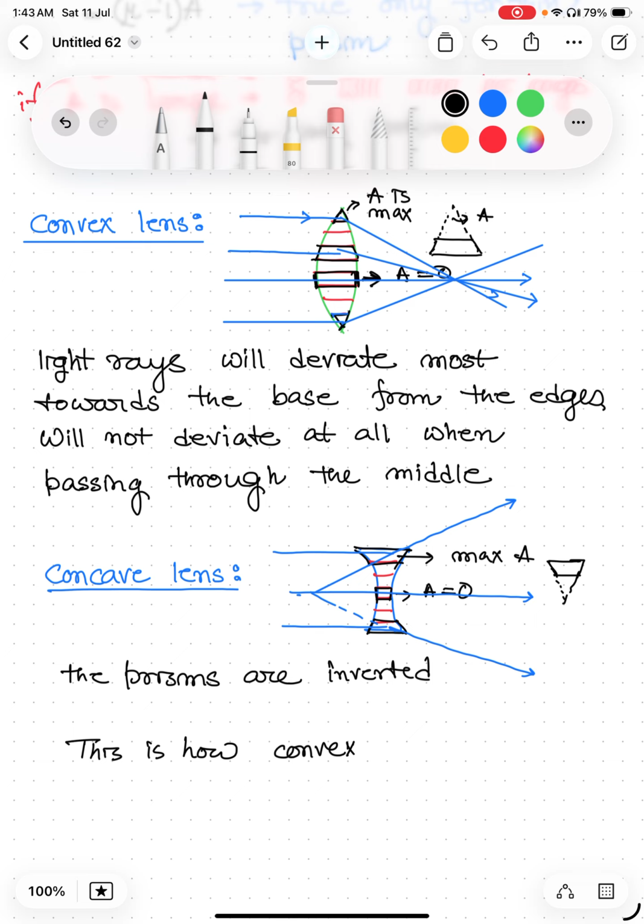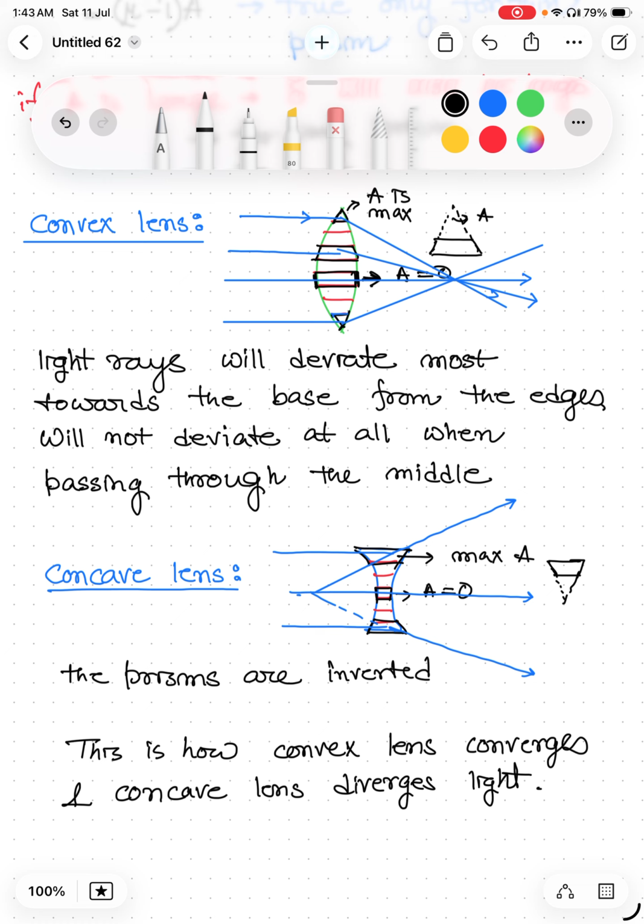Convex lens converges light and concave lens diverges light. Hopefully this is